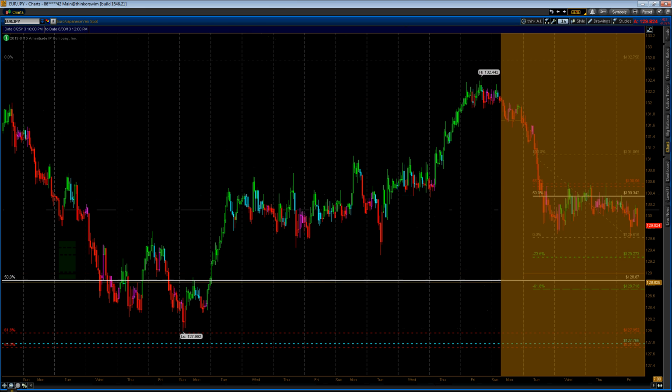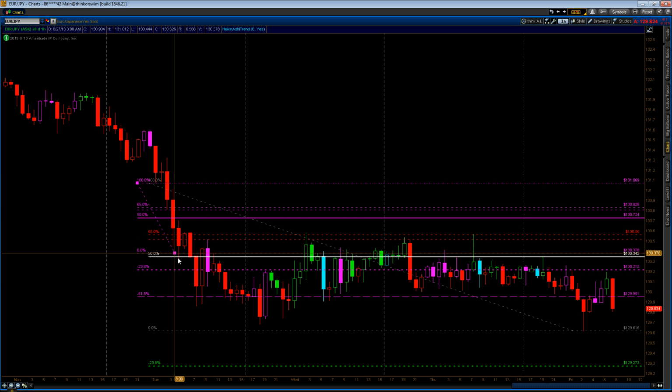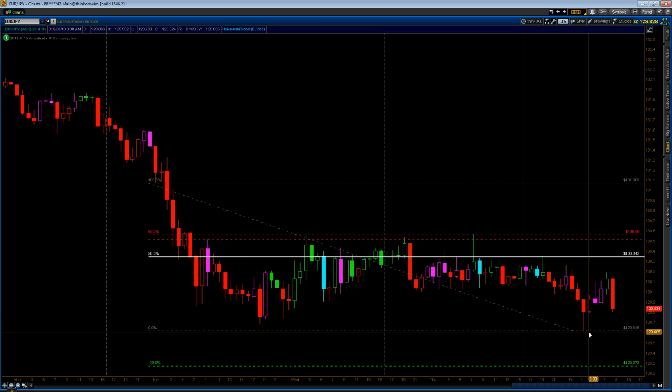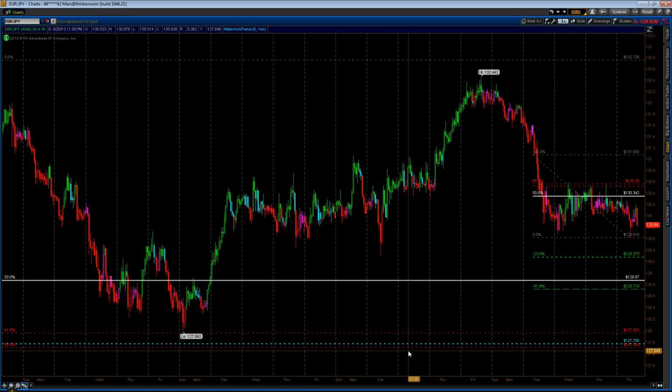Euro yen, we are still flagging in an extension short for the third day in a row here, drawn from the 131.06 anchor to prior lows. Finally got its targets filled. Same anchor, new low now. We have a potential short at the 130.34s if this doesn't just continue lower, as it has been unable to